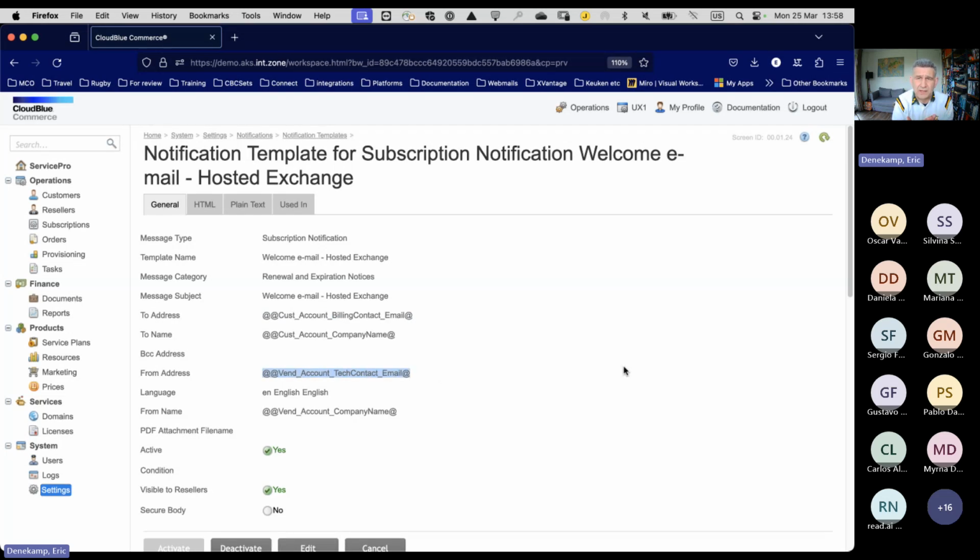These two need to be the same. If I send from tech, I need to send to tech. If I send from billing, I need to send to billing. If I send from admin contact, I need to send to admin contact. Why is that? Because what do